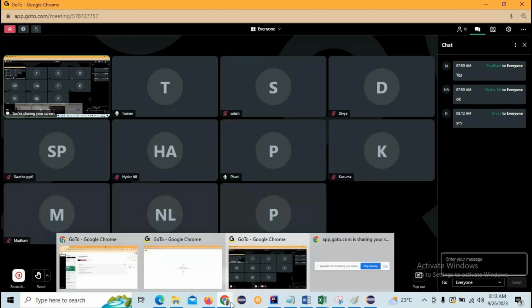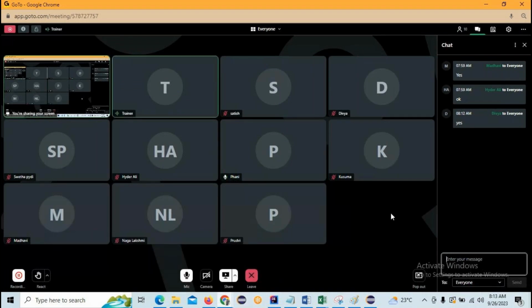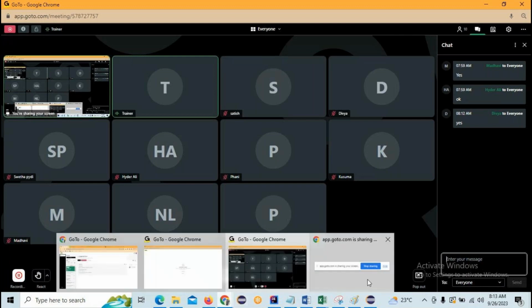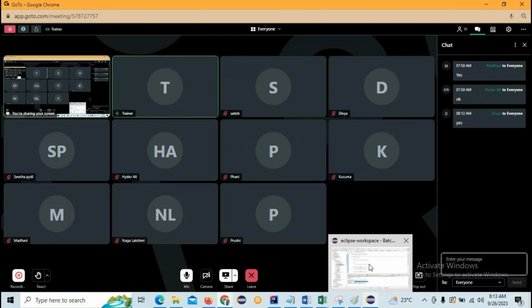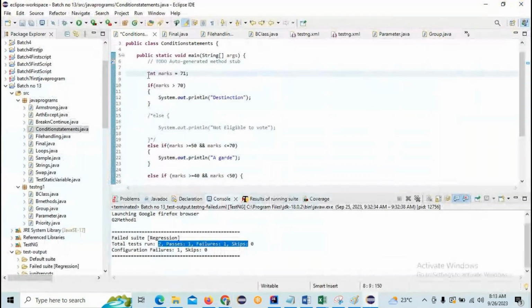Are you clear about first of all what is meant by single comment and what is meant by multiple comment? We have two types of comments in Java. First one is single line comment and second one is multi-line comment. Single line comment is nothing but by using the two backslashes you comment this line.